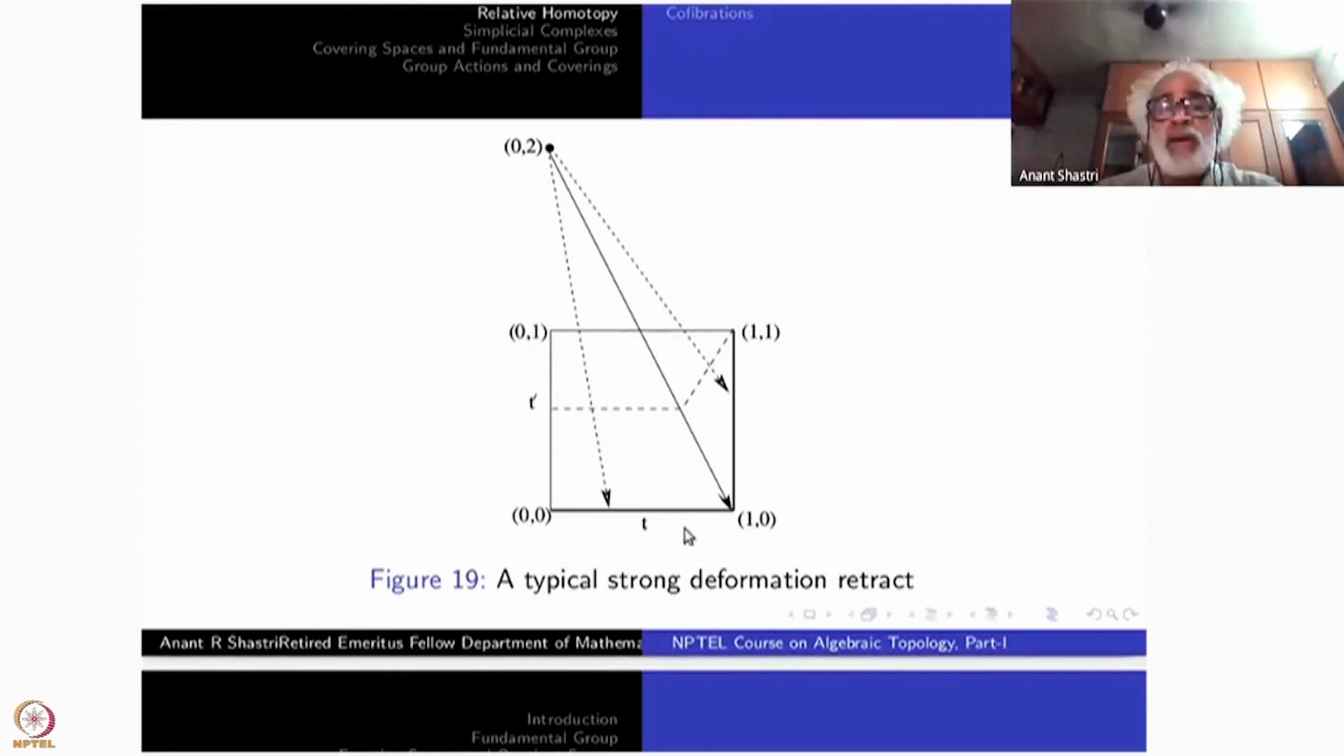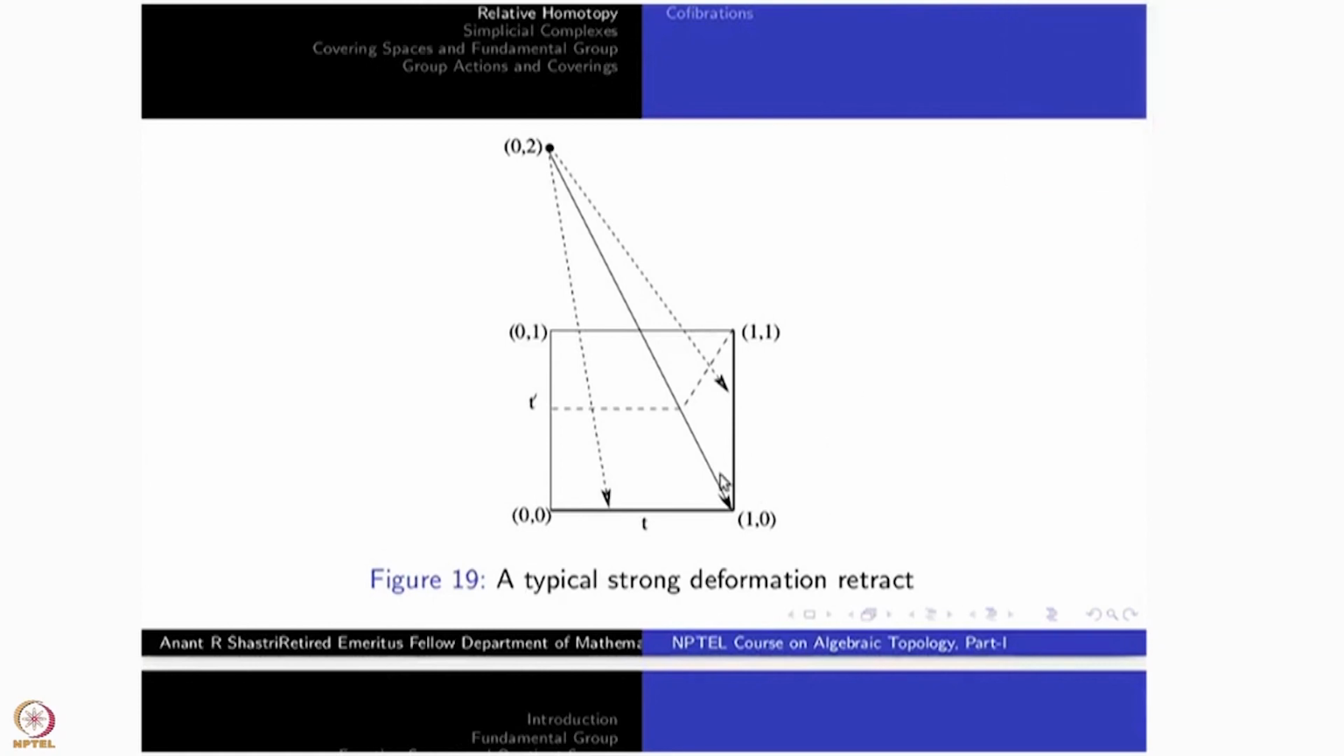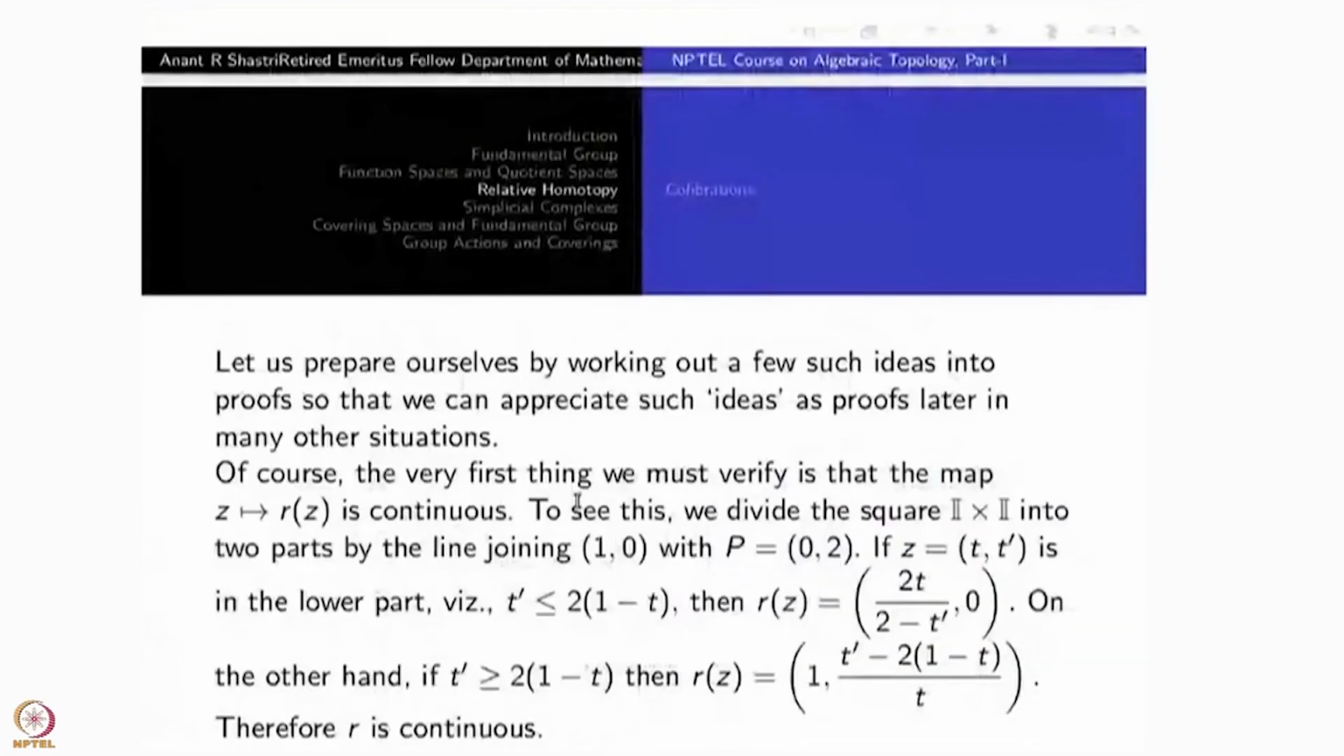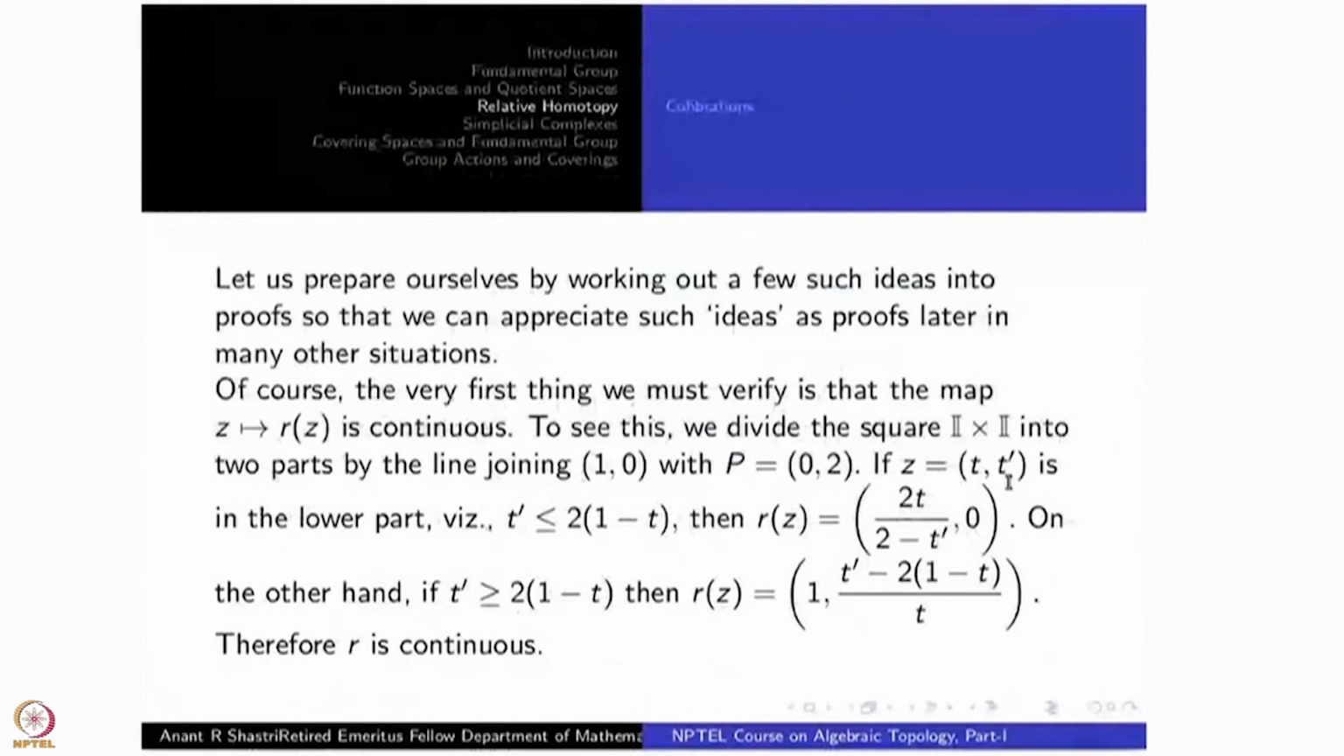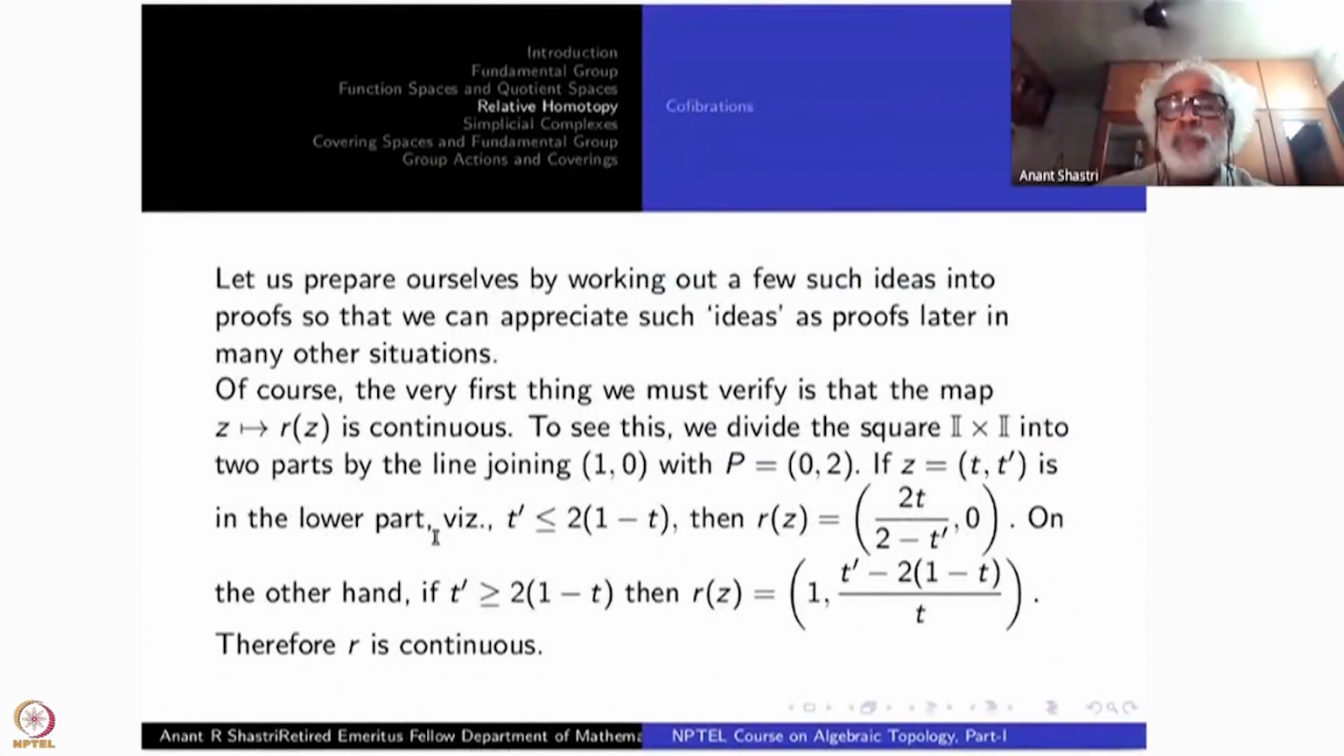So one formula of R is this one. It pushes everything to the x-axis. The other formula pushes it onto this y-axis, namely 1 cross I. So here I have two different formulas. If z equal to (t, t') is in the lower part,